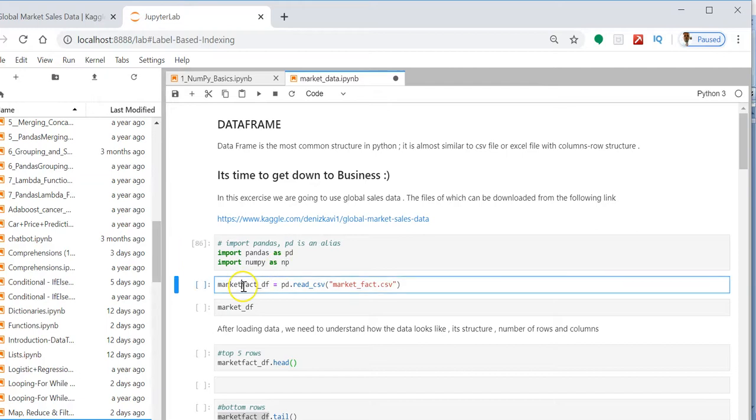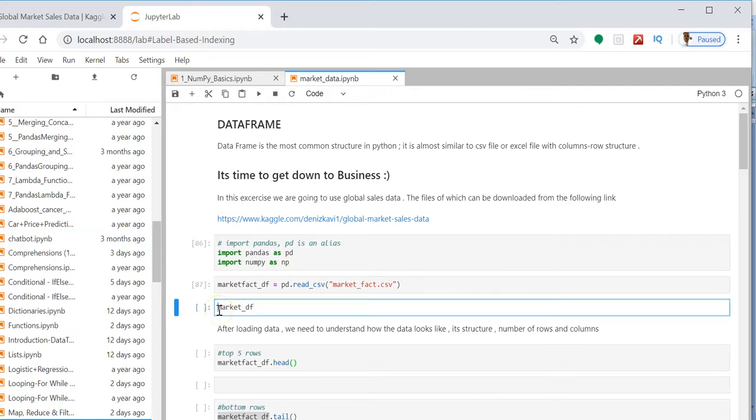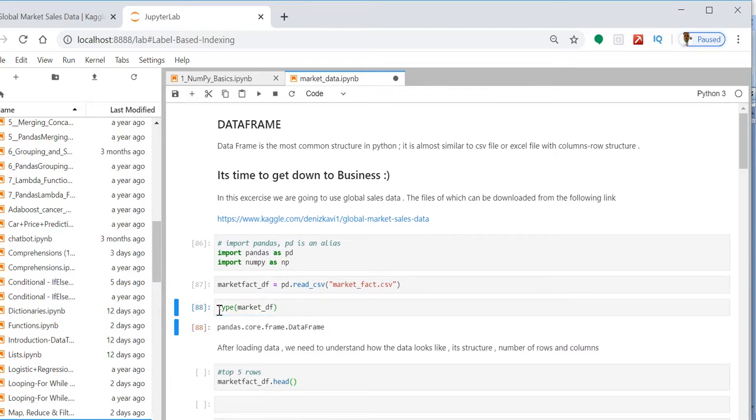Now I'm going to load my market_fact CSV file with the help of the read_csv function, using the pd alias for pandas. It has been uploaded. Let us see the type of this variable, market_fact. The type here is DataFrame, so we have loaded the CSV file into a DataFrame.